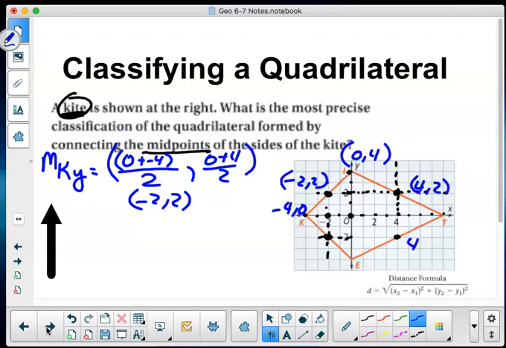This will be (4, -2). Okay, and this will be (-2, -2). Okay, when I get those done, those are my midpoints. Now, if I connect these, I can actually find my shape's lengths. Right now, I know that I'm doing distance formula, but because they're vertical and horizontal, I know that this is